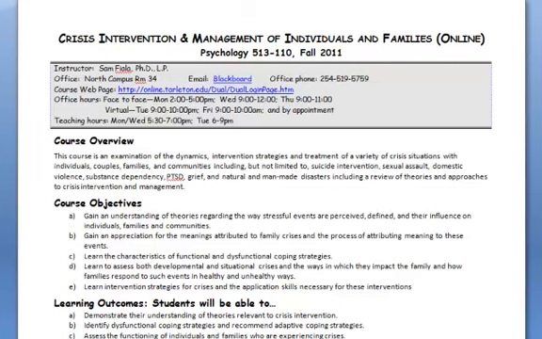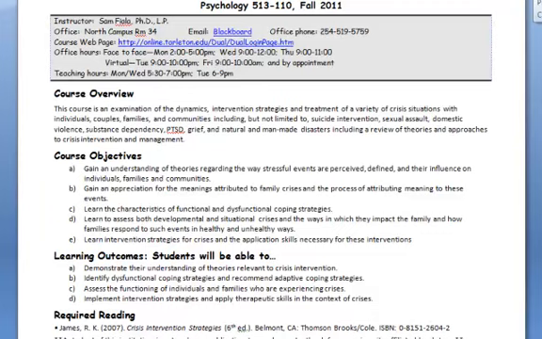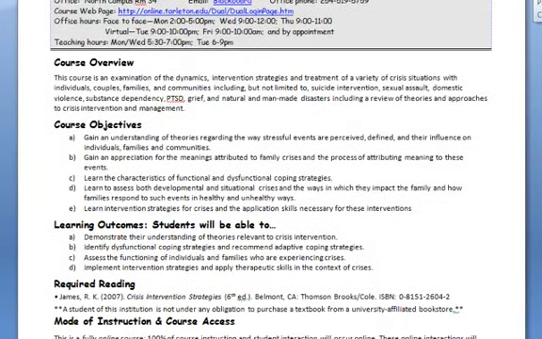Okay, so a few things about the syllabus. Obviously, you can see here at the top we've got contact information with my office phone number where you can leave a message, my office hours, and then my teaching hours. I won't read everything to you. Obviously, you can point out some of the highlights, but you can read through the course overview and objectives and look at the learning outcomes, the things that you should be able to do upon concluding this course.